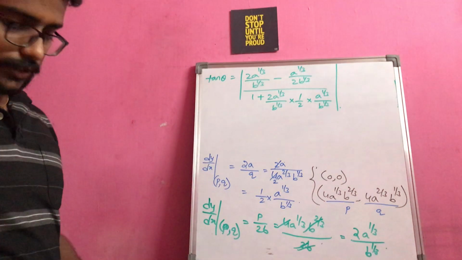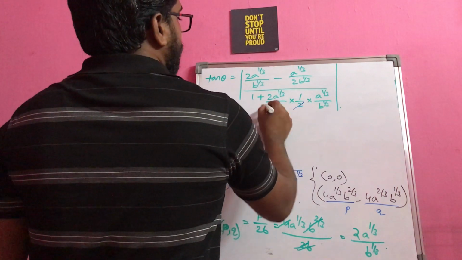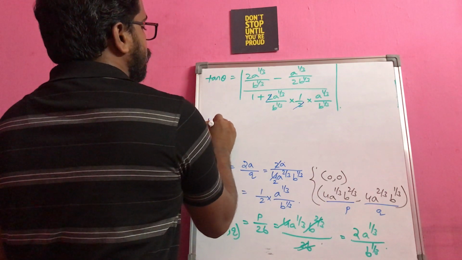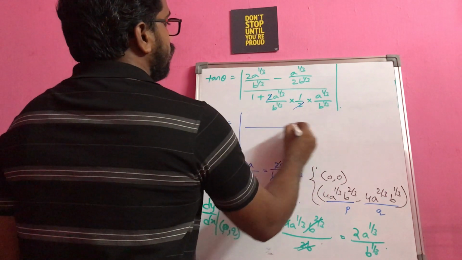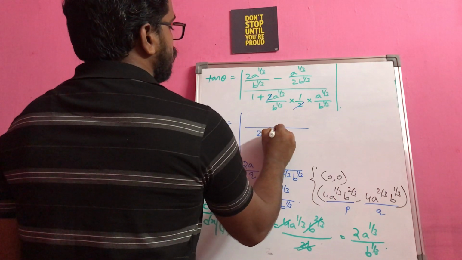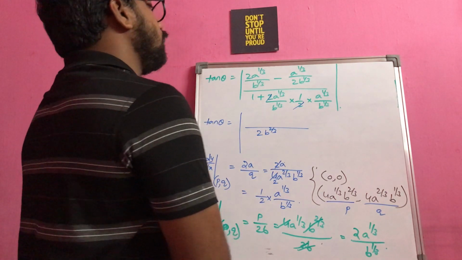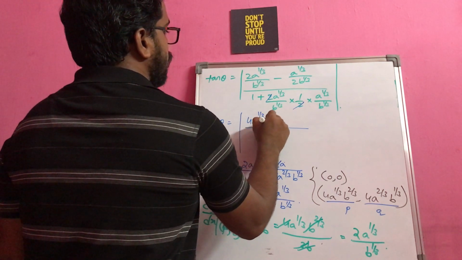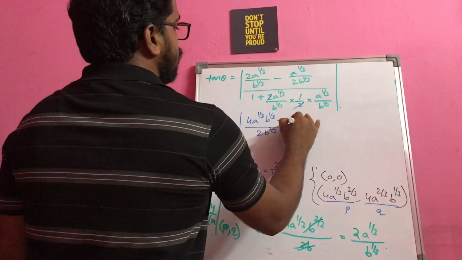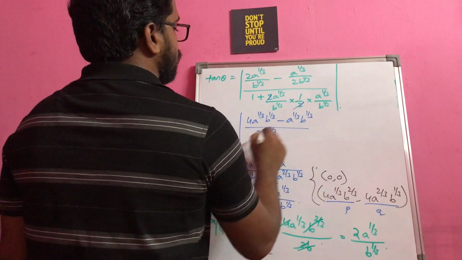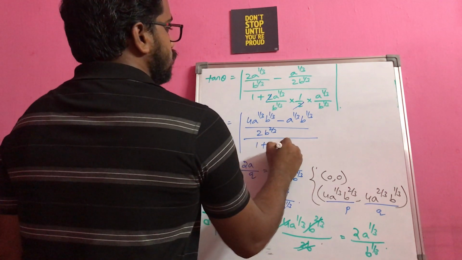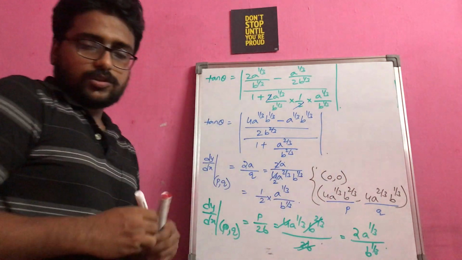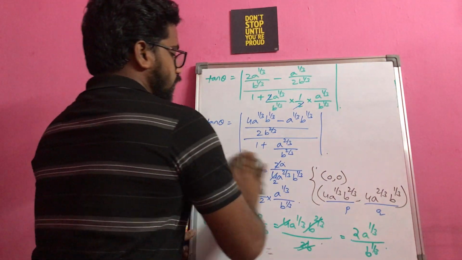Right? Now see the further calculation. Half will get half and 2 will get cancelled out. Here you can just take the LCM, so that we will be getting tan theta is equal to, denominator will become 2b power 2 by 3. The first term will become 4a power 1 by 3 b power 1 by 3 minus a power 1 by 3 b power 1 by 3 will come, divided by 1 plus this term will become a power 2 by 3 by b power 2 by 3. So simplify this further and let us see what we are getting for the tan theta.